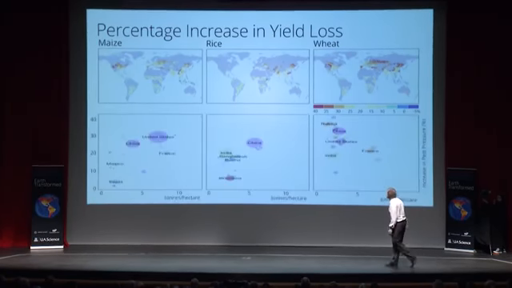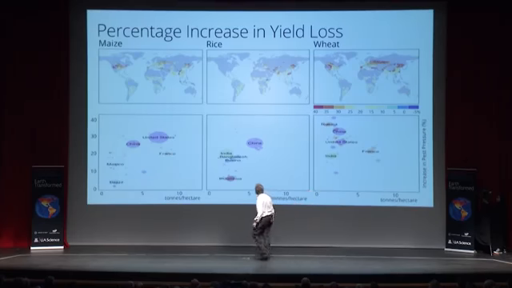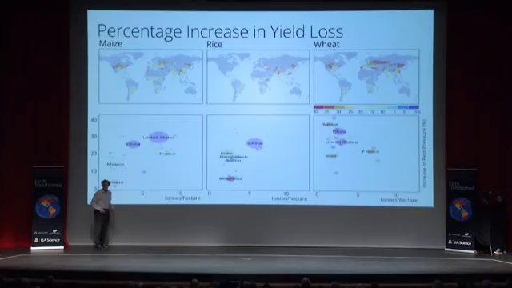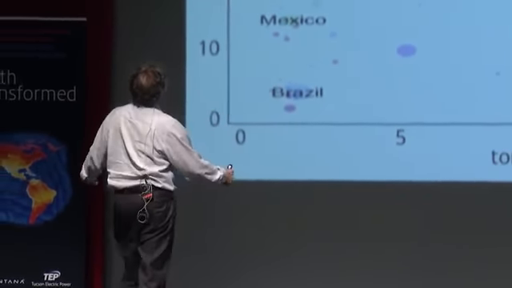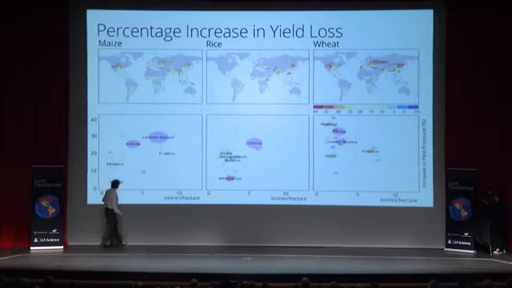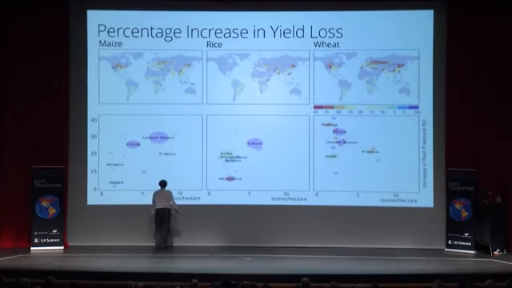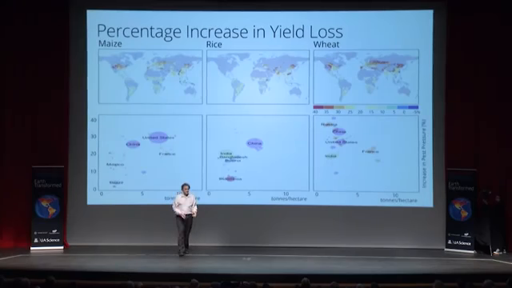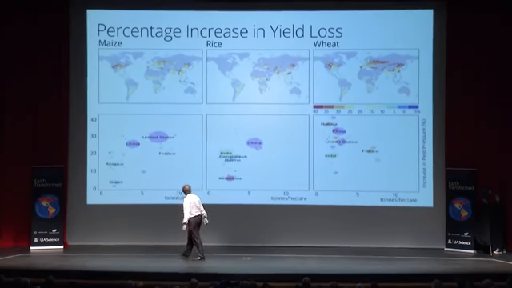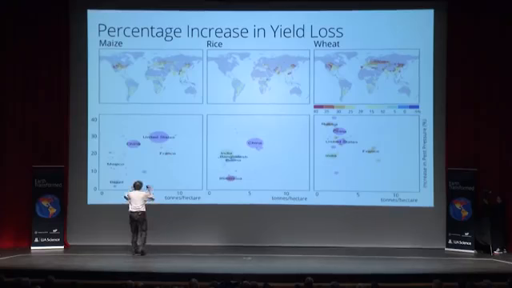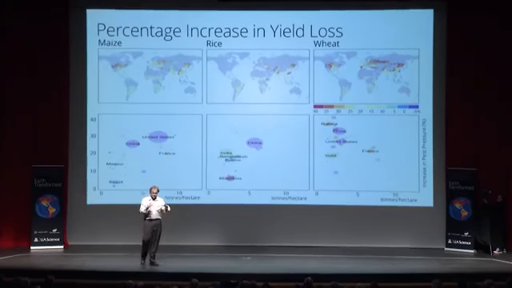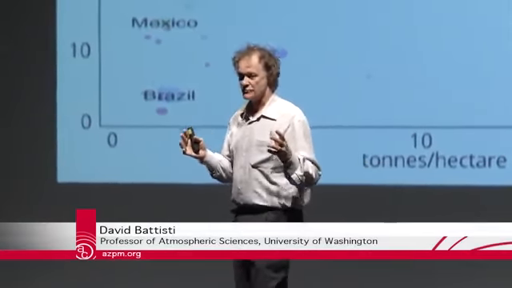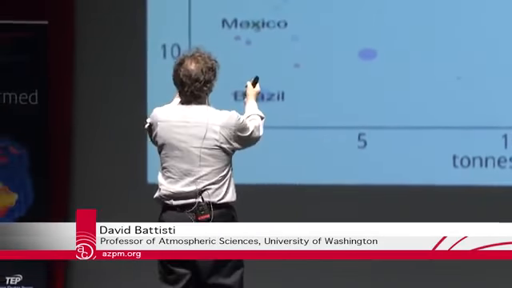The other important point here, let me just work you through one plot. This is the amount of yield we get per hectare, per acre, how much grain you get. And this one is maize, okay? So, for example, in the United States, we average 7 tons per hectare of maize you take off. And the other thing to point out here is that the size of this bullet is telling you about the total production in the country. So the bigger the bullet, the more of the world's grain they produce. So the United States produces the most corn in the world.